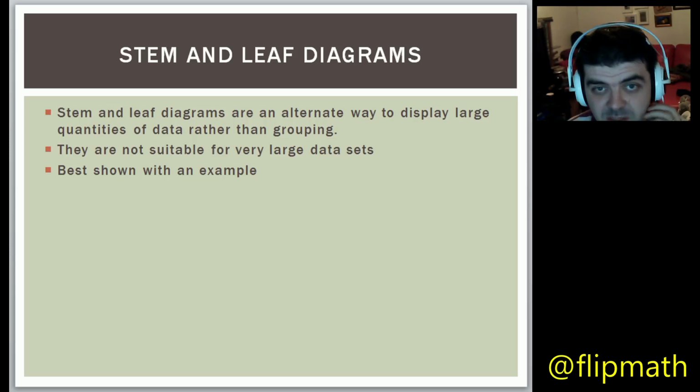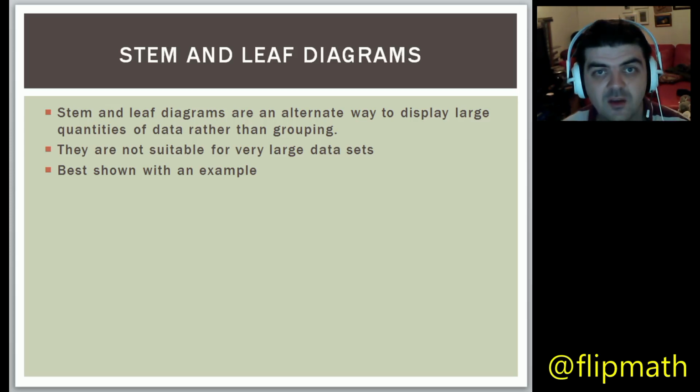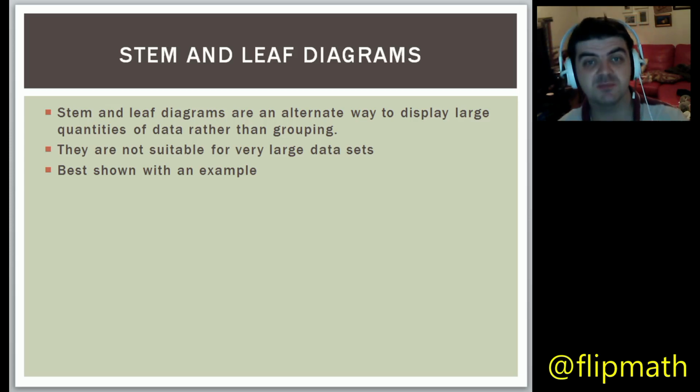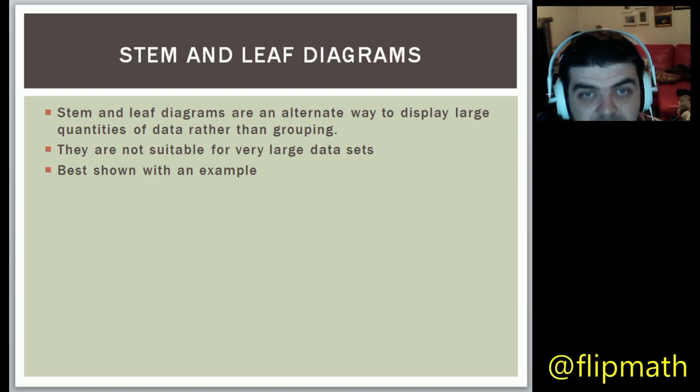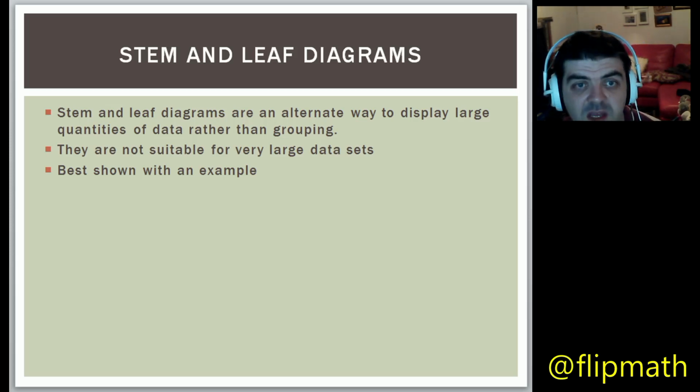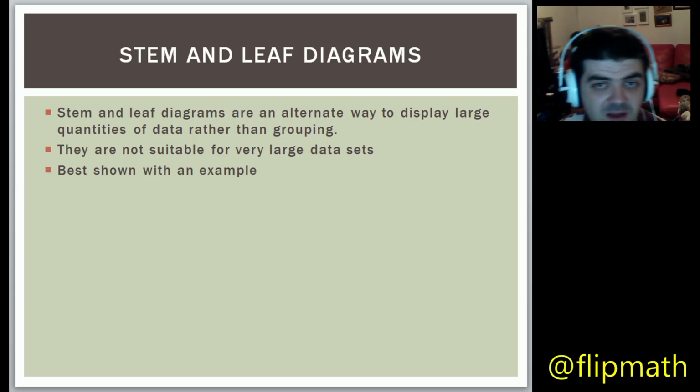So that's two-way tables. We're going to move on to stem leaf diagrams. And stem leaf diagrams are an alternate way of displaying large quantities of data rather than grouping. Now, they're not suitable for large data sets, and you'll see why. It is best shown with an example, but I'll explain a little bit first why they're not suitable for large